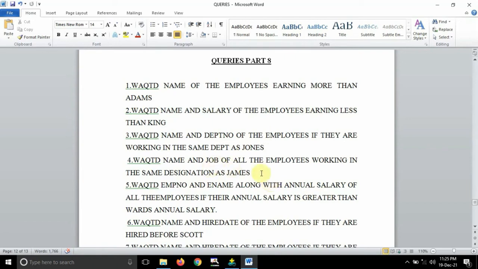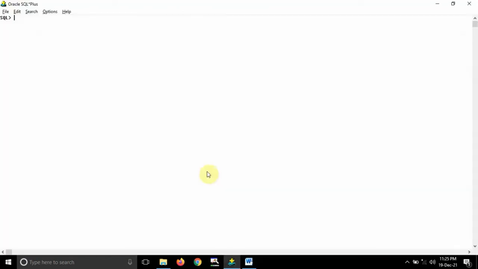So here I want to find out the designation of James, and after that I will compare the job with the designation, or job of designation is basically job here. Okay, so I want to find out the job of James and I want to compare it with the job. So first thing is e name, after that job